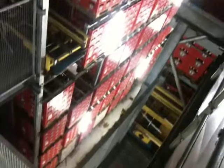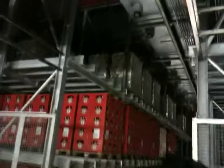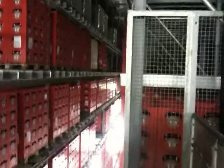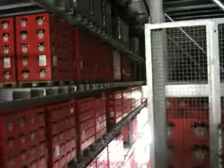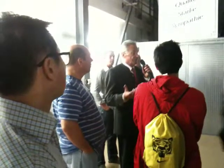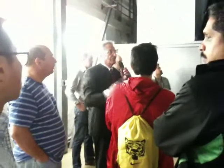Now, we also have unlabeled bottles in this area. When you have seen them today, we have produced beer without labels. You have seen it? They came directly down, they didn't pass the labeling area. These beers are for the export, because we do not know during the filling in which country they are going. So a certain percentage will not be labeled, will go to this area, will go through the same process,